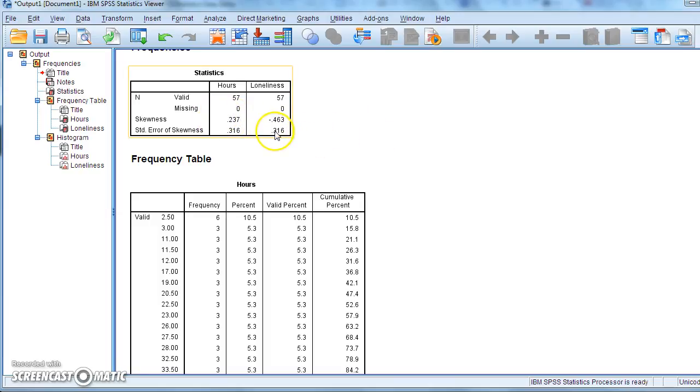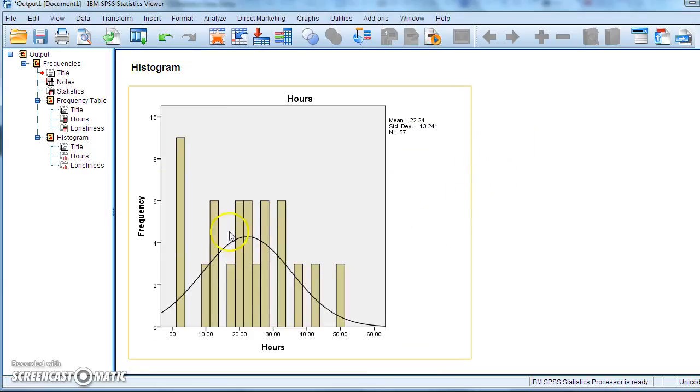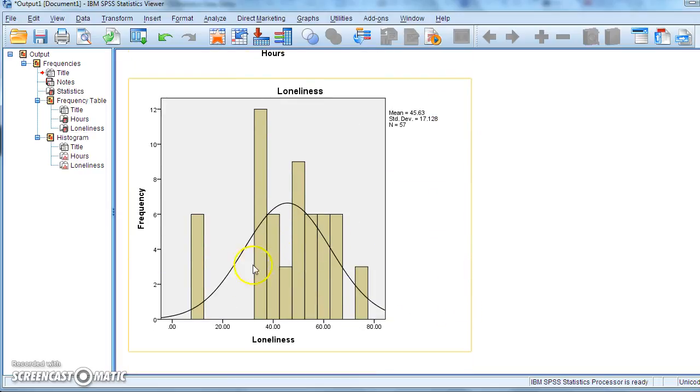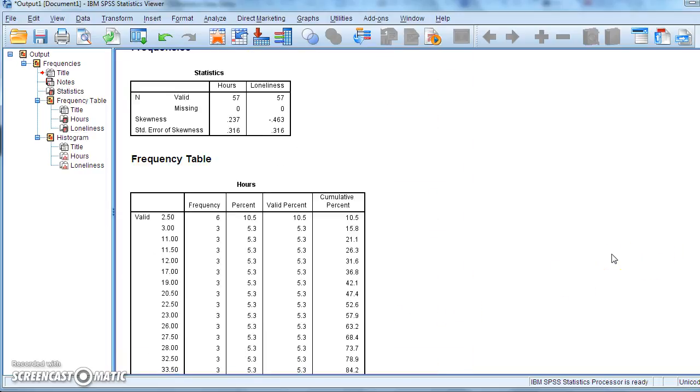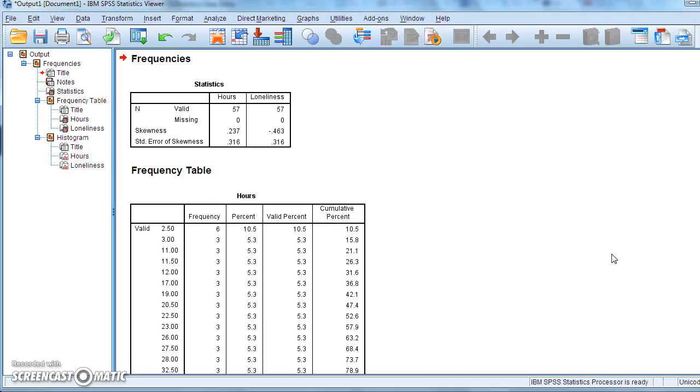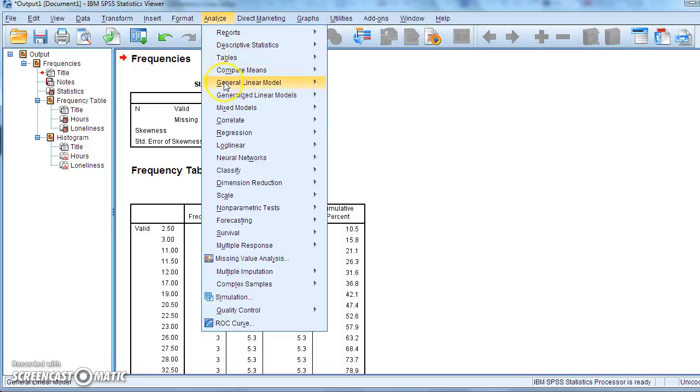Similarly, multiplying 0.31 by 1.96 would produce something bigger than the skewness statistic here, 0.46. And remember, this negative here simply means that this is a somewhat negatively skewed but not significantly so distribution, and this means this is positive. And if we go down here, indeed that's what we see. Time is positive and loneliness has a small negative skew. So this suggests that we can do a parametric statistic, but let's just have a final check